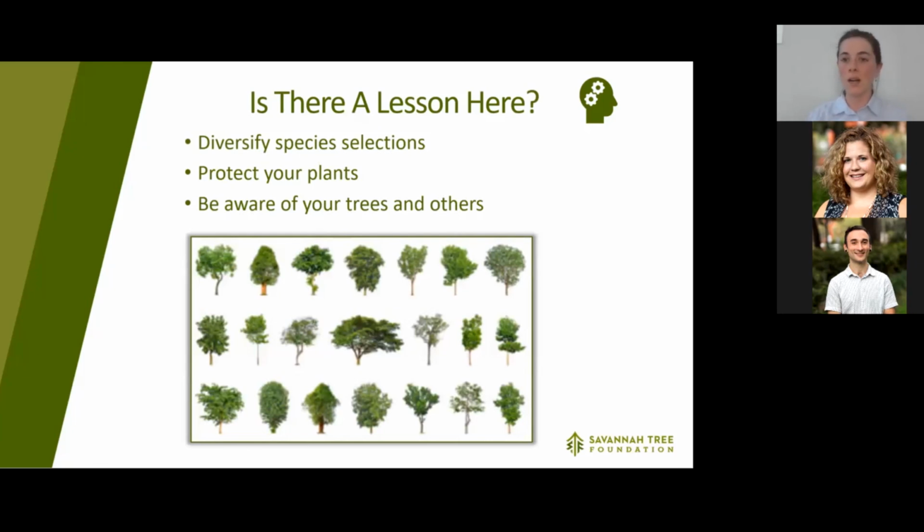I mean, we do know what's around. And so in silviculture, which is the art and science of growing trees, and mostly happens in the forest. But if we look at our urban forest as such, then we should diversify species selections, because insect and disease outbreaks can really affect any area. And especially with the movement of humans, it can move very quickly. So if you diversify your species selections, if you increase diversity of the genetics in a tree, that gives it a little bit more resistance. Or if you diversify your actual species selection,